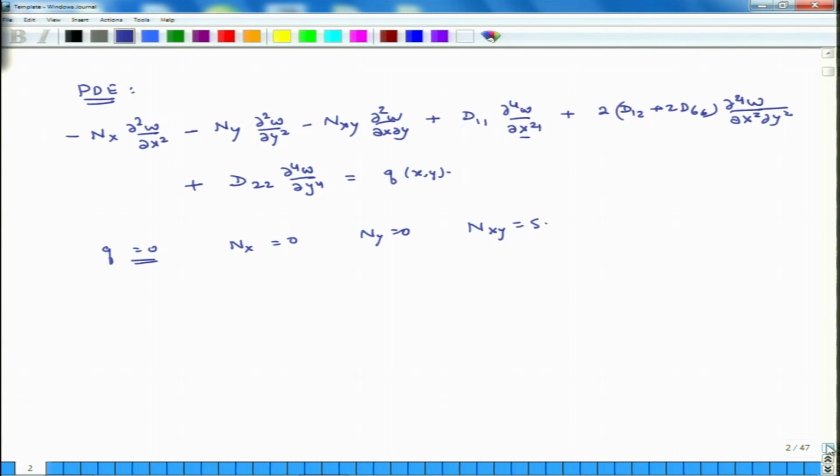So, if that is the case, then my simplified PDE becomes